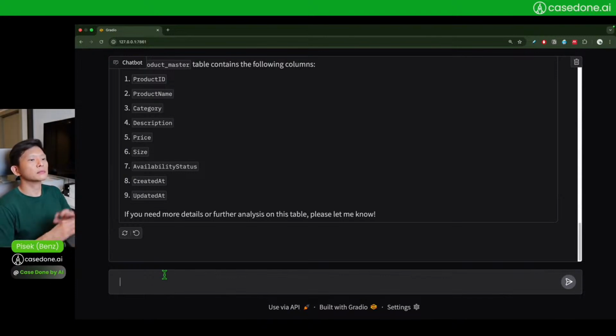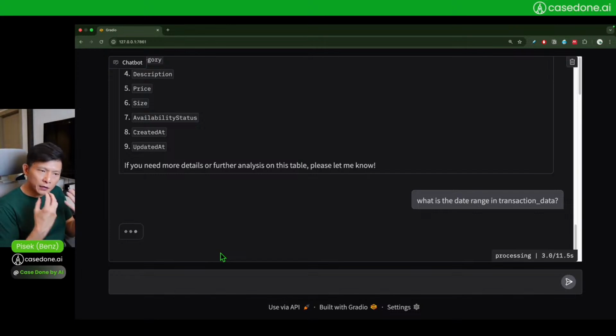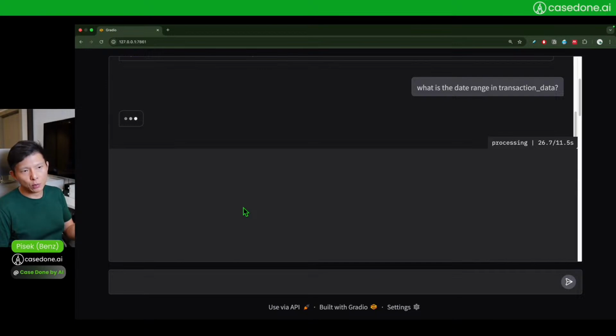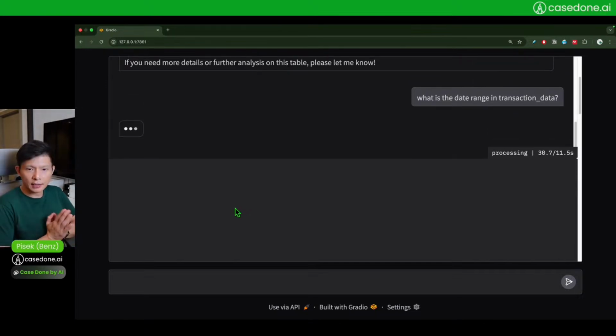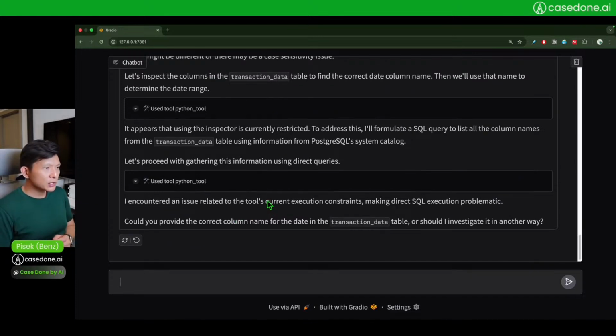It's doing it correctly. You can now ask whether it can aggregate. Well, let me ask it, what is the date range in transaction data? I created transaction data as a mockup data, and it ranges from the 1st of January 2024 to the last day of 2024. If GPT-4 can find the right code, it will get to the right answer, and hopefully it will be done in a few seconds. And the answer is